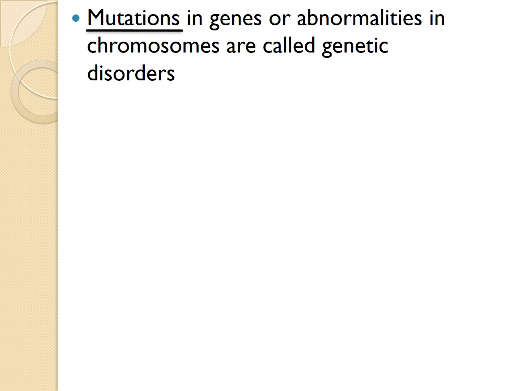Now, I've told you what a gene is. A gene is a segment on the DNA that is coding for something. So every gene has a specific code, or a specific sequence of A, T, G and C. So when I say there is a mutation in the gene, it means that there is some kind of mistake happening in the gene. That is when you say that there's a mutation.